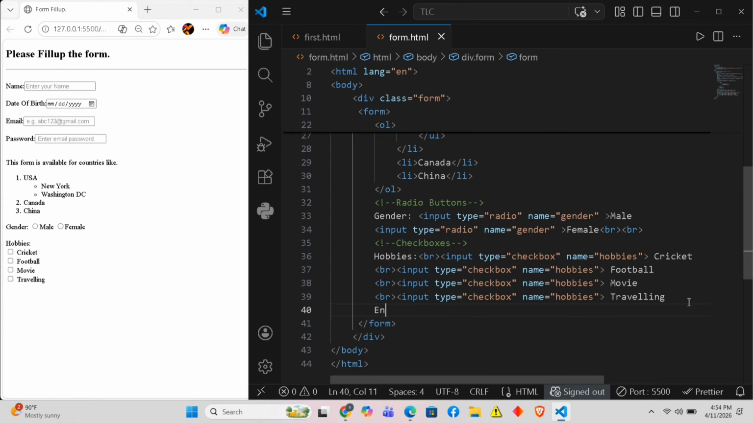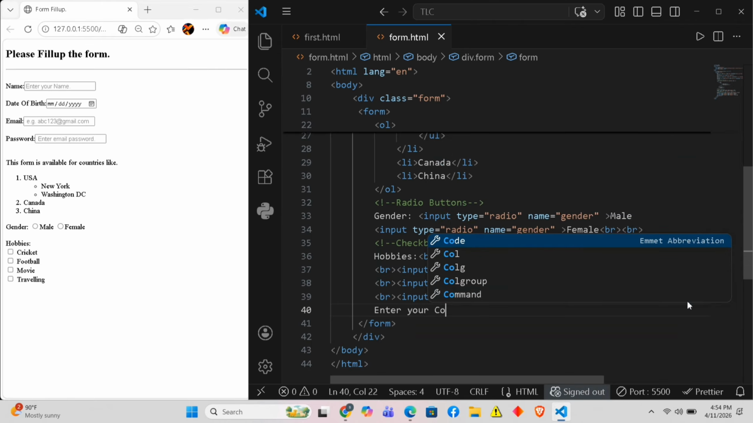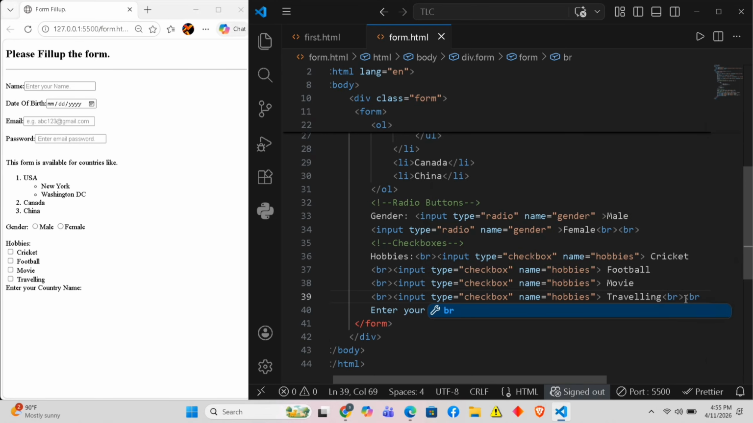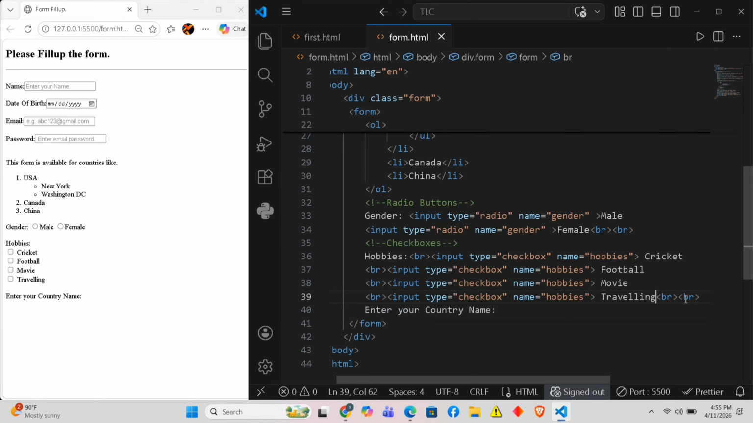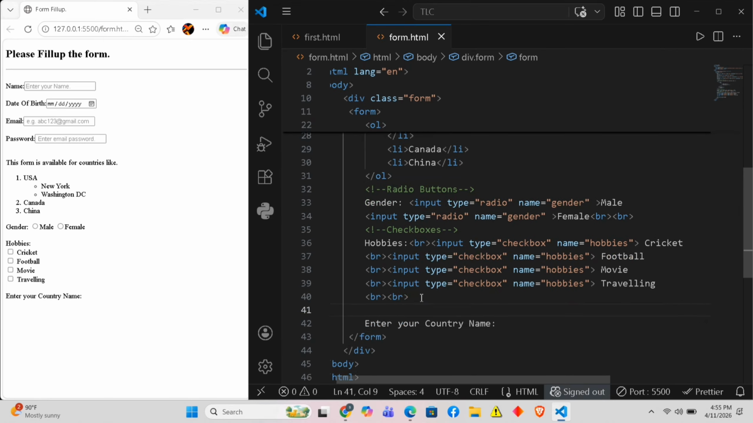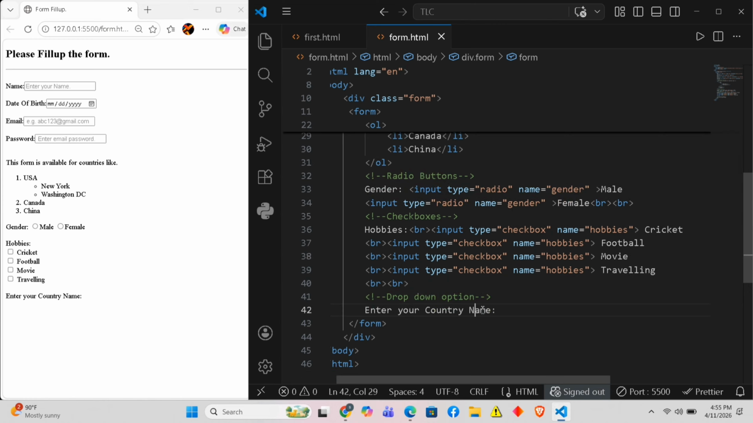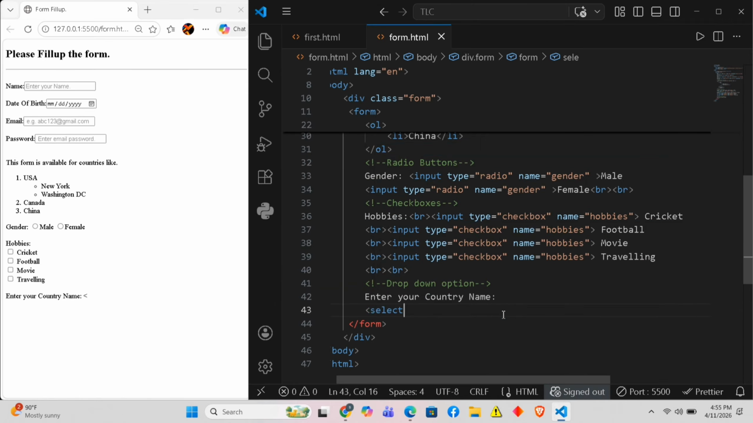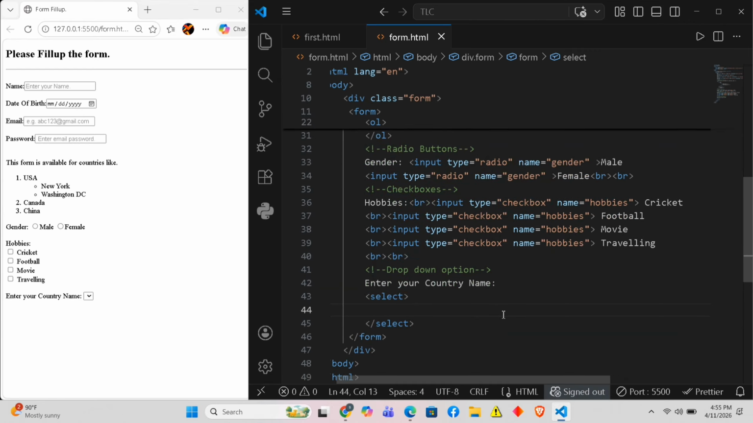Now enter your country name. Now I will use the drop down option. I will show you how to use it. So let me make the comment. Drop down options. Now for this we have to use select tag, and inside it for the options we have to use option tag. Now one country will be India, let's say,